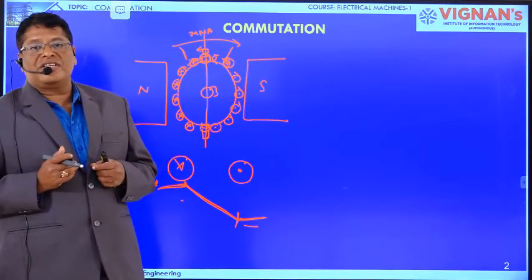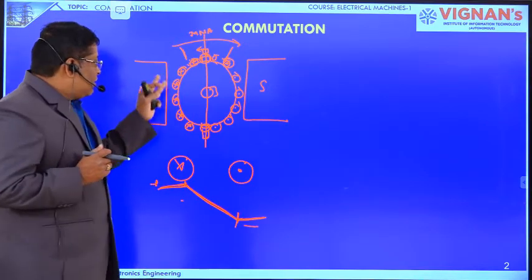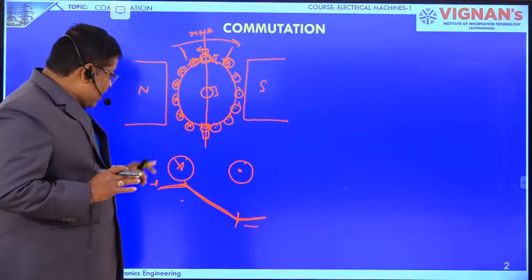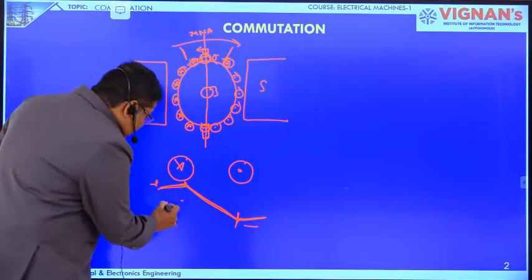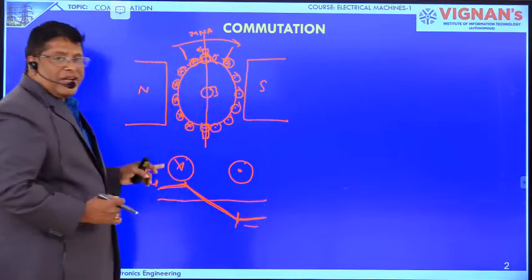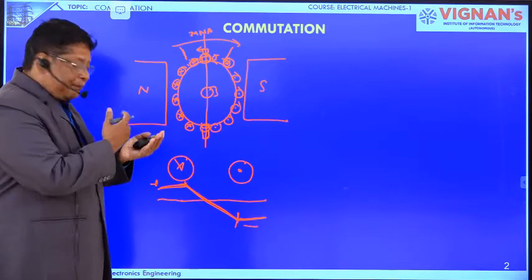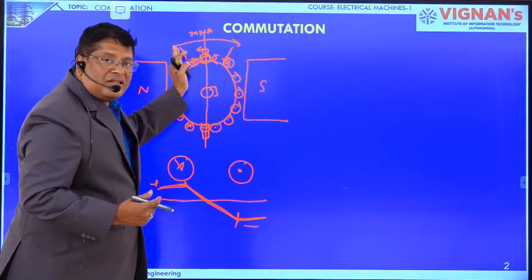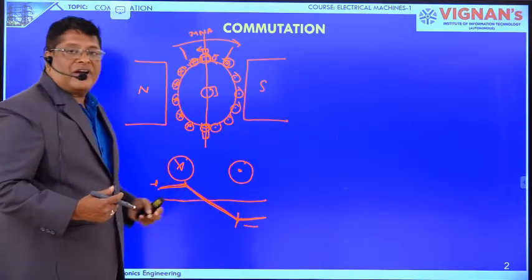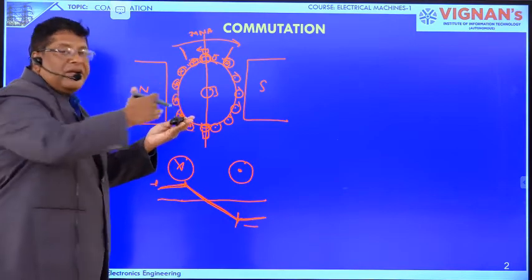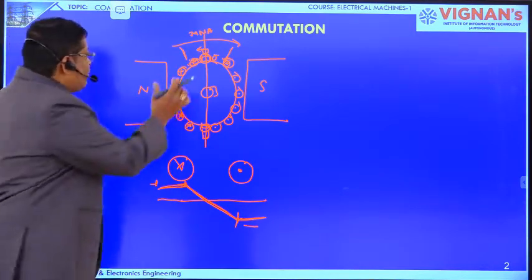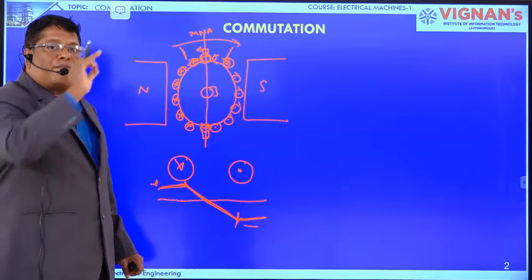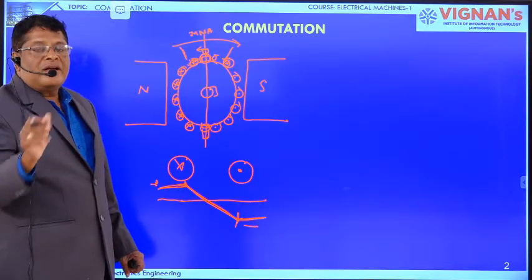The voltage induced in the armature is AC voltage. See here, we have observed the same thing. When the conductor is before the brush axis, it is carrying a positive current. Here we have taken the positive current as the current going into the conductor. When the same conductor passes the brushes, it carries a negative current, nothing but the current coming outwards in the same conductor. So between these two intervals, the current in the conductor changes from positive to negative.